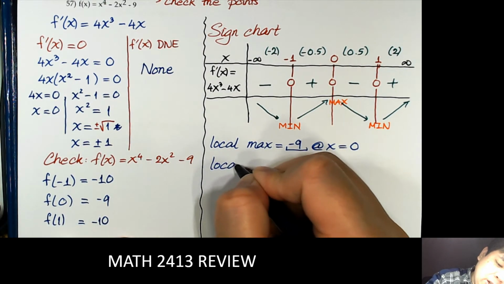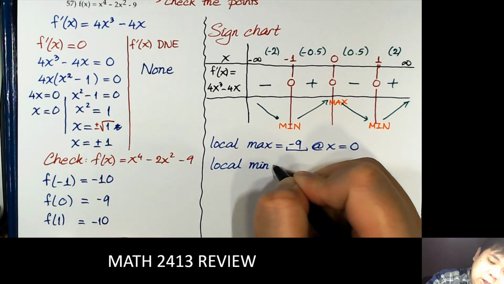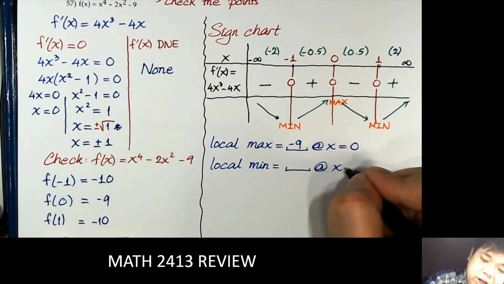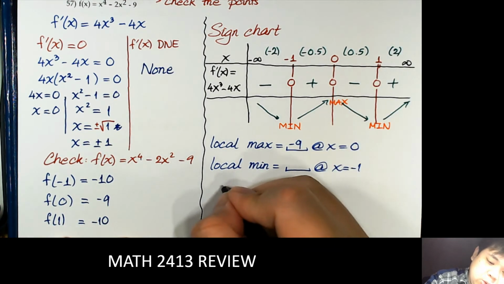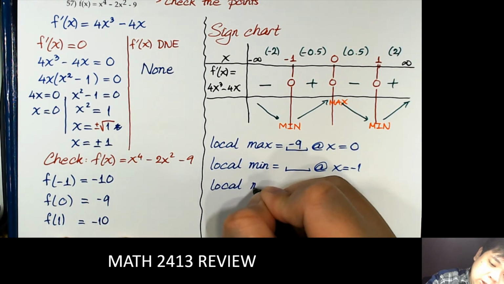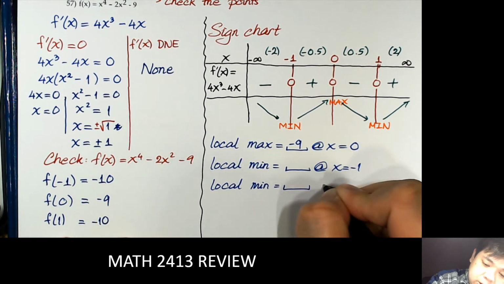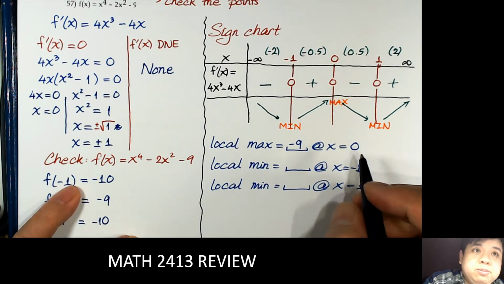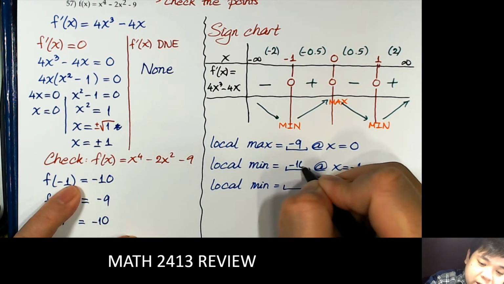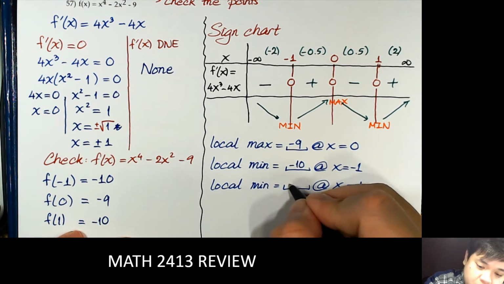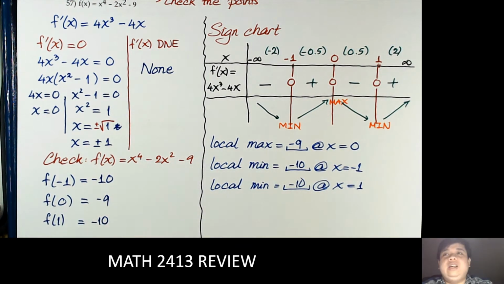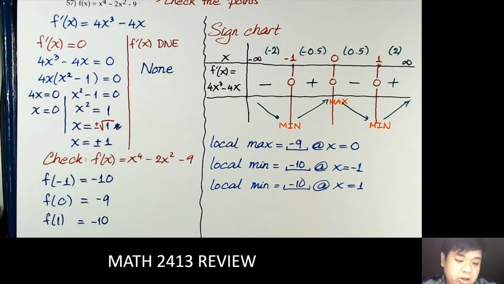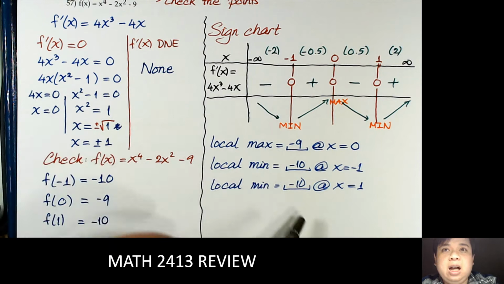Local min at x equal to -1, also at x equal to 1. Now when x equal to -1, it is -10, and x equal to 1, it is also -10. So that's what we have. So not only do we check to make sure that those points belong to the domain of the function, we actually find the values, because